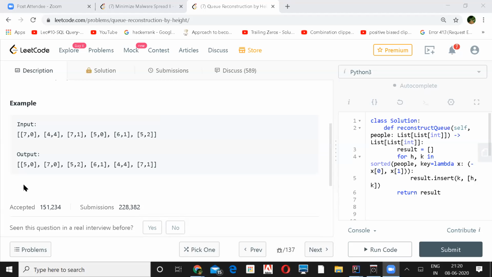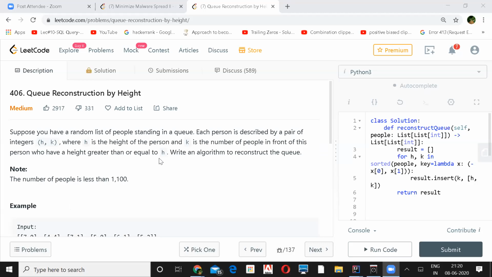So I wanted to ask that for any given configuration, there would always be an answer, right? Or is it possible to not have an answer also? It's not mentioned anything, but they are telling us to.